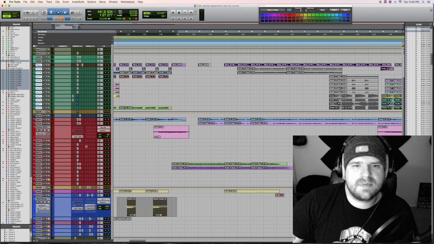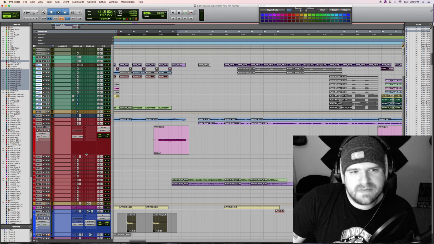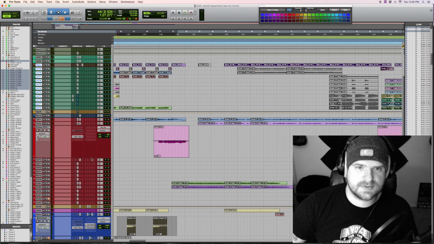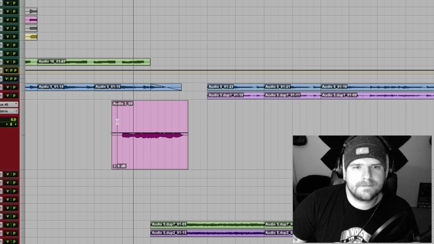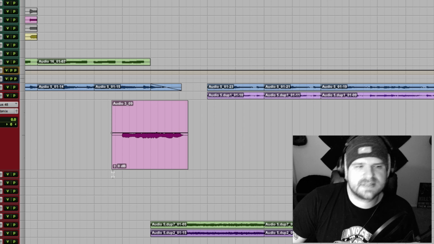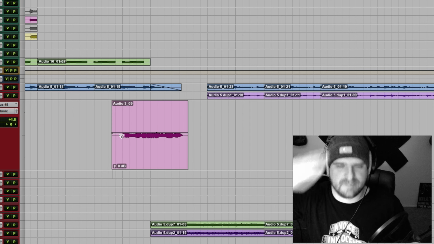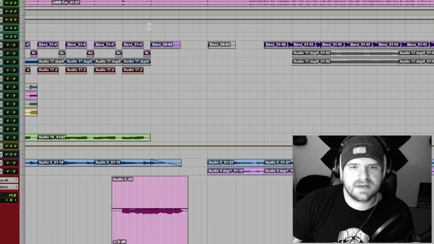Now, one thing I do want to point out before I get to that is I added this little guitar drone note in here. Again, I'm a huge fan of these, and I did this because I wanted some kind of transition and some kind of indication that something else was about to happen. This is the note by itself. And going into it, it sounds like this with everything. All right, so you'll hear it kind of blend into the rest of it, but I wanted to just show you the rest of this by itself before I did anything else.